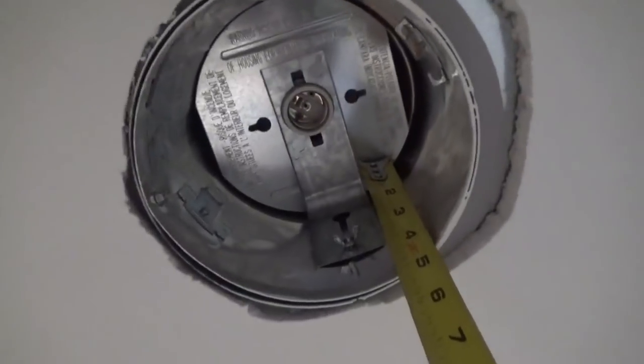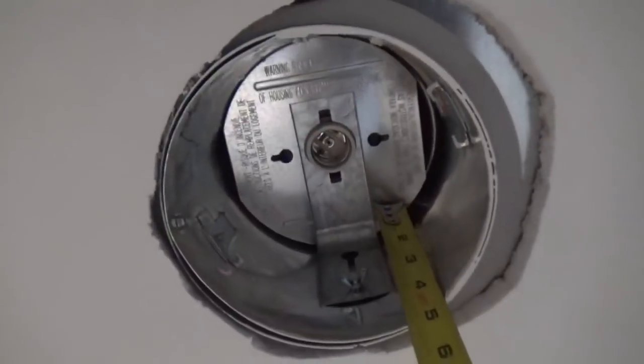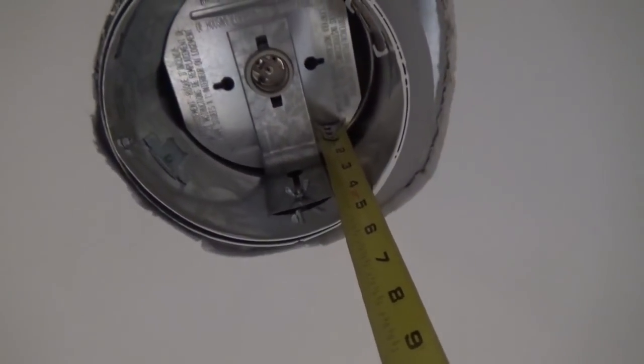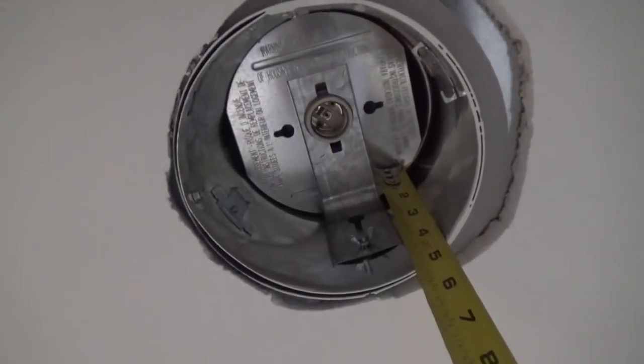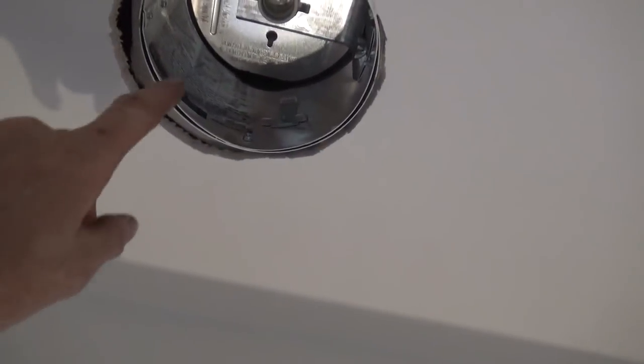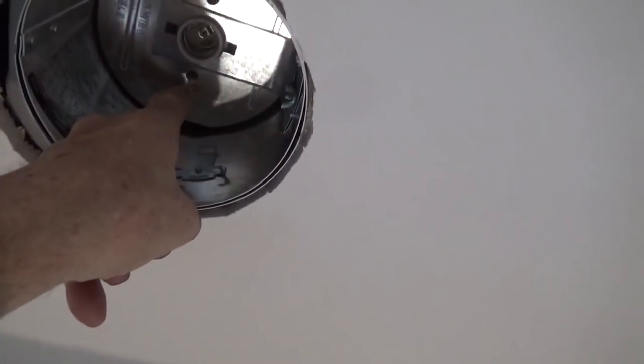So if you see there, I loosened that wing nut, and then I moved that inside flat plate up, and now I have 5 inches there. So I'm going to tighten that wing nut now, and then I can hook my springs up. Okay, so besides the spring type that I'm hooking in these holes up here, this hole and this